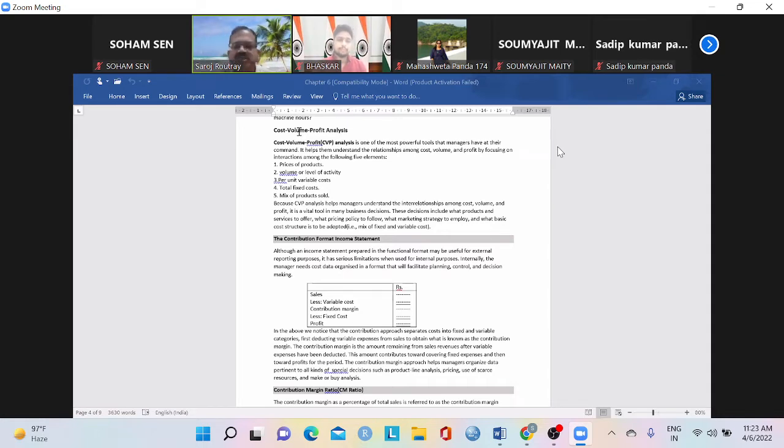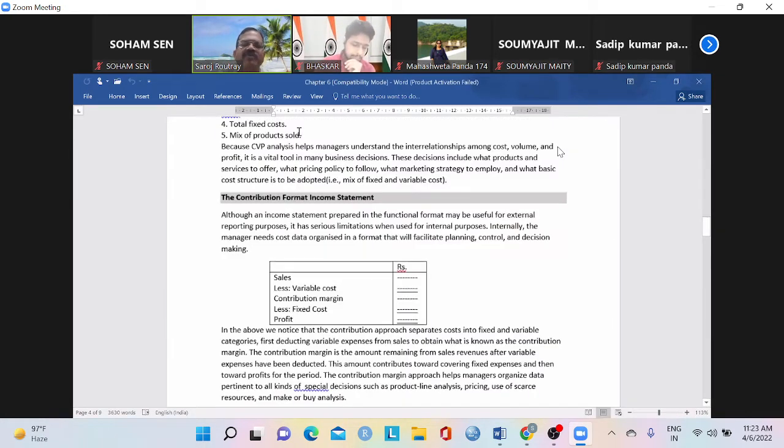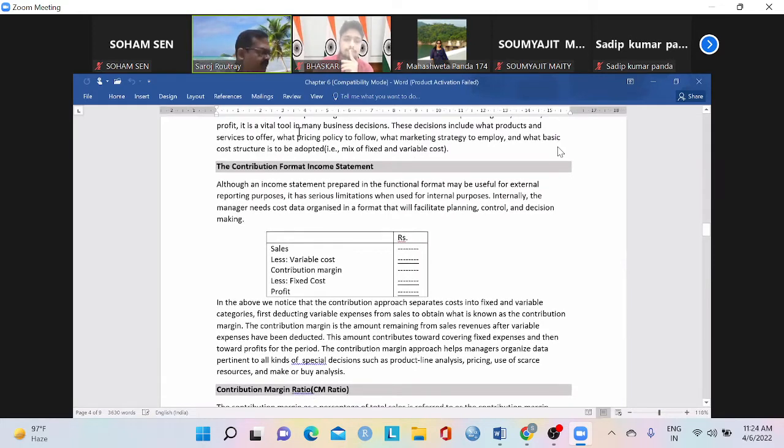So such kind of decisions you can take using this format. So I will suggest all of you to just note down this format first. This small table given here, note down this format. Thereafter I'll start discussing it.